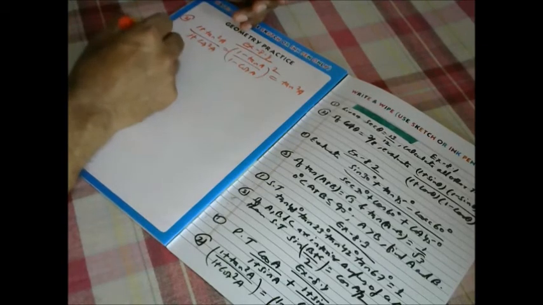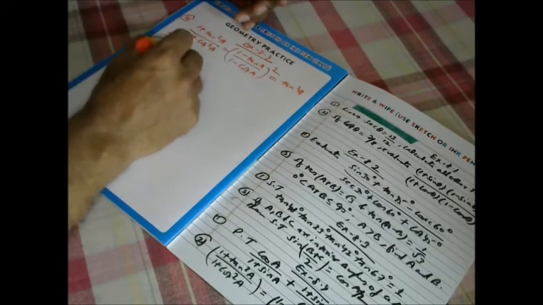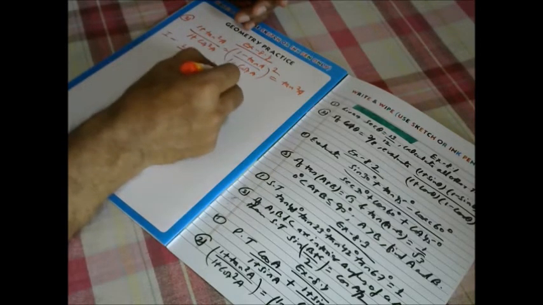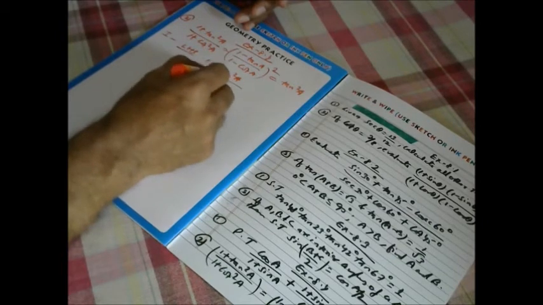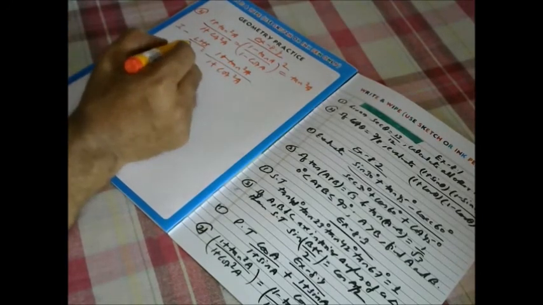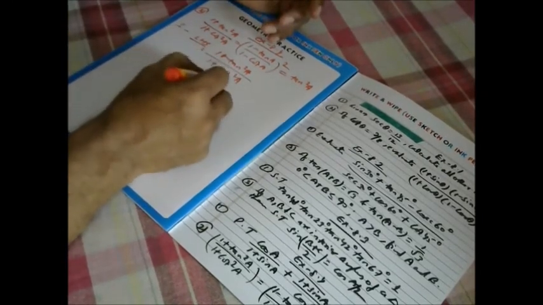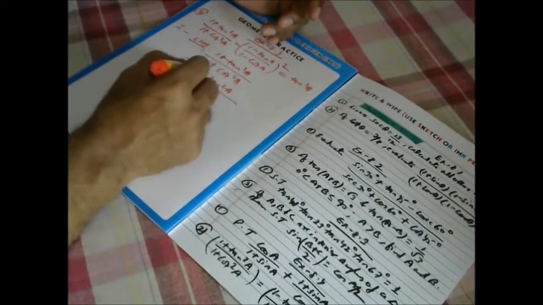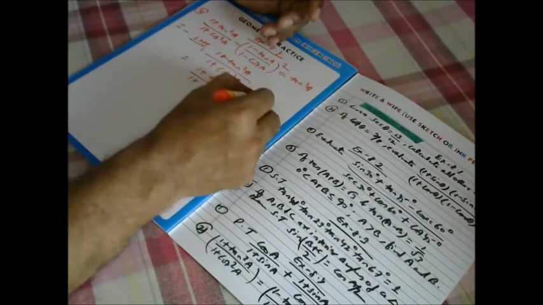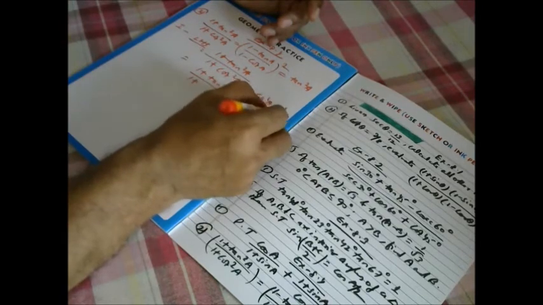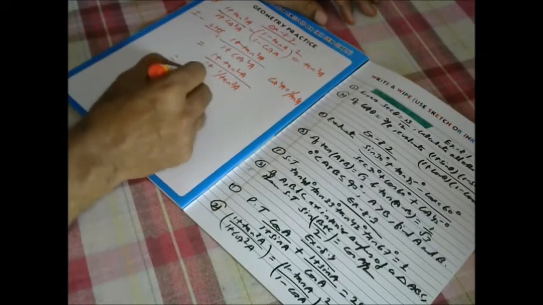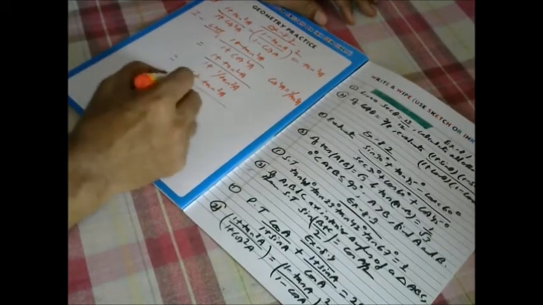So first we will take LHS, that is 1 plus tan square A by 1 plus cot square A. Okay. 1 plus tan square A and 1 plus cot square A, we will be writing 1 plus 1 by tan square A. Why? Cot square A is 1 by tan square A. So 1 by tan square A. So this is given to us as 1 plus tan square A by 1 plus